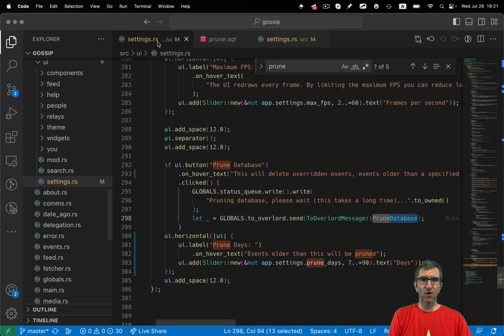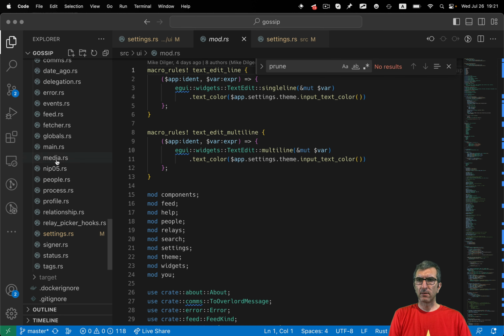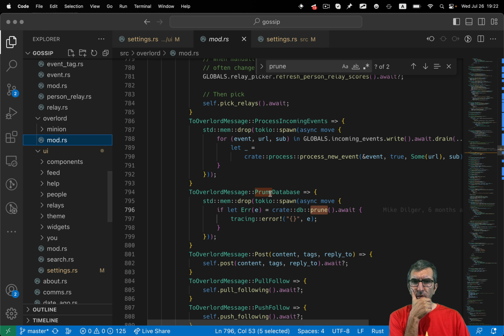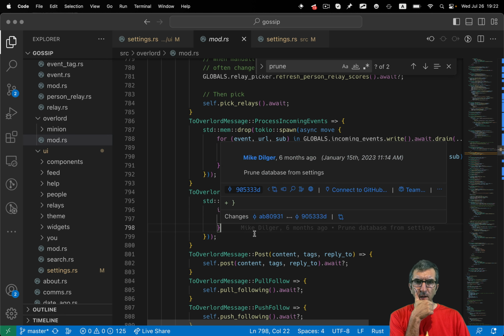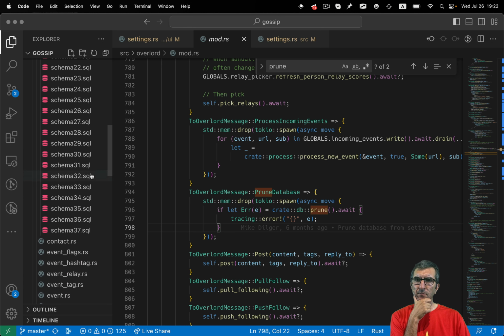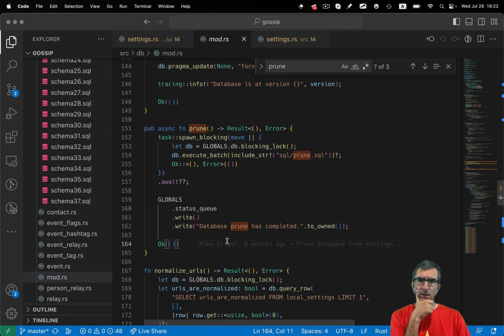Let's check our findings. When we were pruning, here we were only calling it. Here we were executing this.